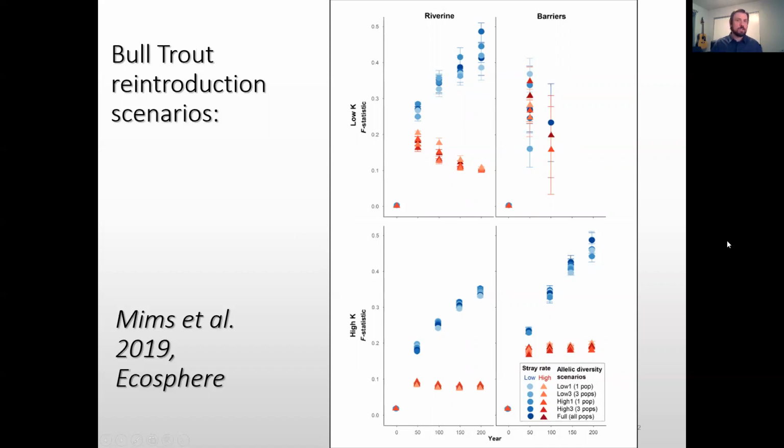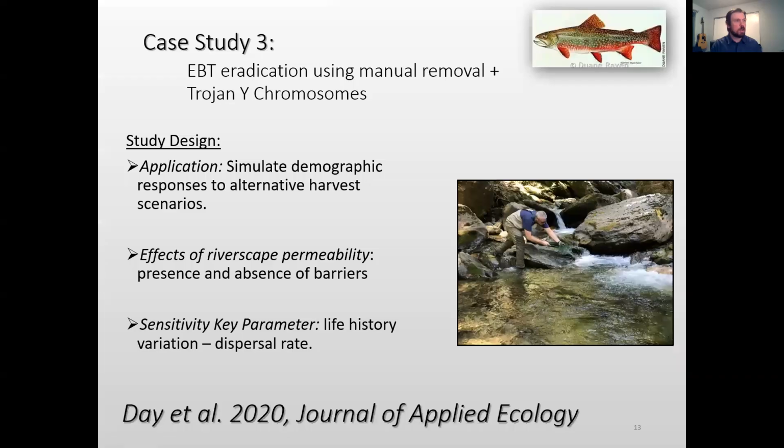So again, something for managers to think about is how to source their populations. And then finally, this is a simulation model of brook trout, which are non-native and unwanted. And we wanted to simulate the eradication of brook trout through electrofishing suppression and through the use of Trojan Y